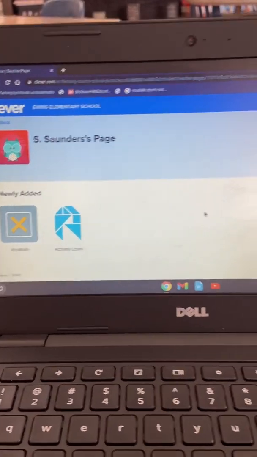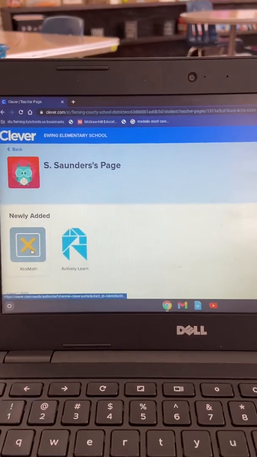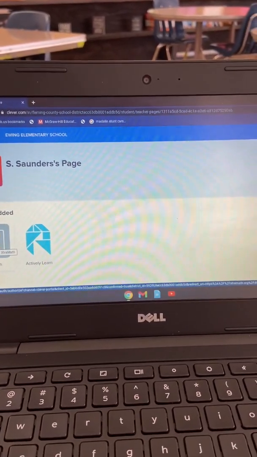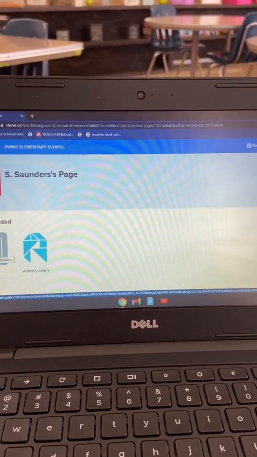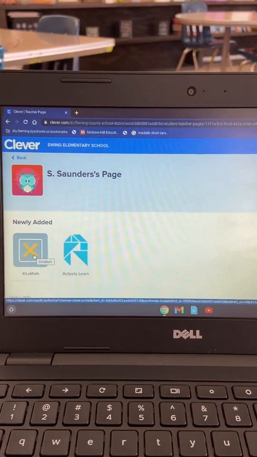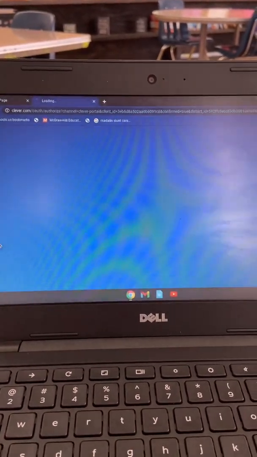And so we have a couple things on here. If you go to Xtra Math, that's where you're going to have access. I've taken off all of those timed multiplication and division tests. They're gone now because they just weren't working with a lot of students' computers. They were not loading well. But if you go to Xtra Math,